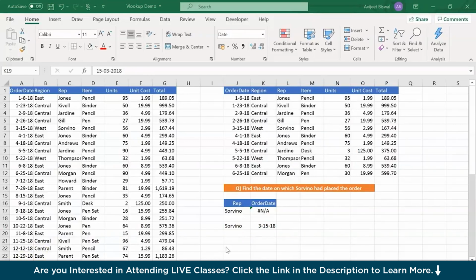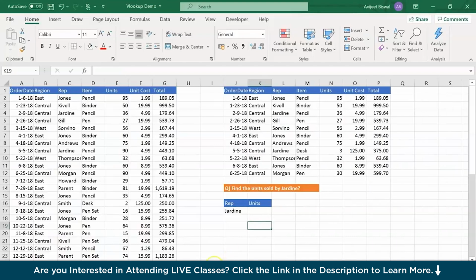Alright, now let's move to the next tab. Now this tab says VLOOKUP returns only the first match. So we have a question at hand. The question is, find the units sold by Jardine. If you see this table,